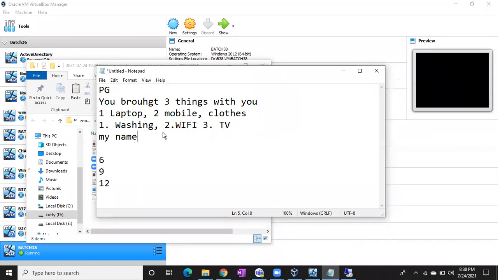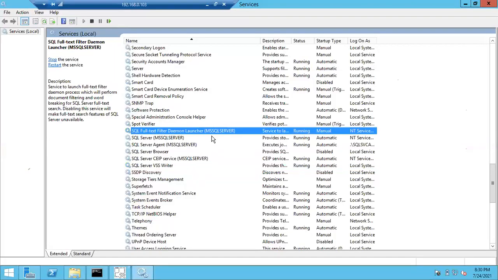Why? Because I cannot keep it inside my suitcase, right? Every time I have to keep it in a shared location. But in case the same plates are there, they are going to mix. So I used to write my name on my plate and my glass, so that it is going to differentiate with others. In the same way, a specific service will have its own name in the brackets.